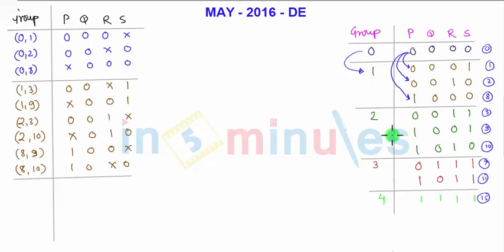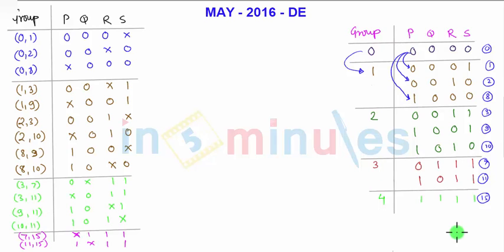Similarly you can do with group number 2 compared with 3 and 3 compared with 4, and this is how you can complete the table. Let me complete the table for you. Now since we have a new set of group here, after comparing each group with the next group, we have 1 2 3 4 groups here. Out of 5 I have moved to 4. Now again we have to follow the same procedure to move on to second group, for which this group is not needed here, so I'll remove it.